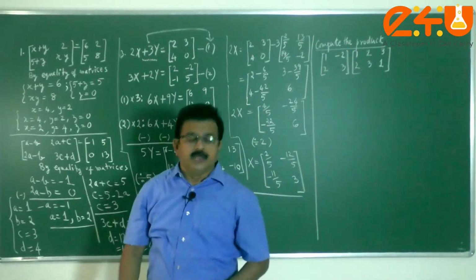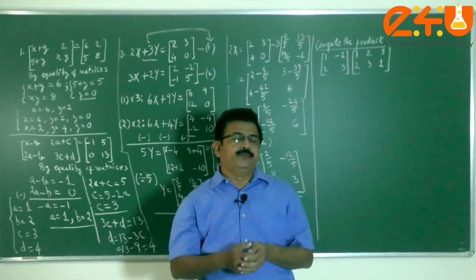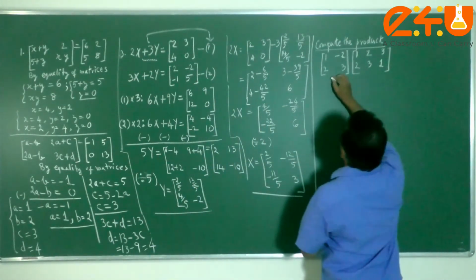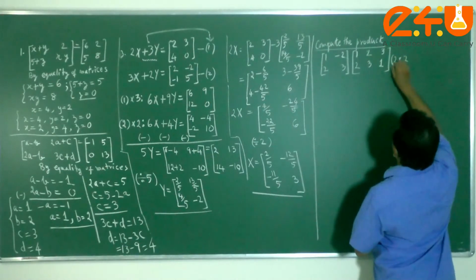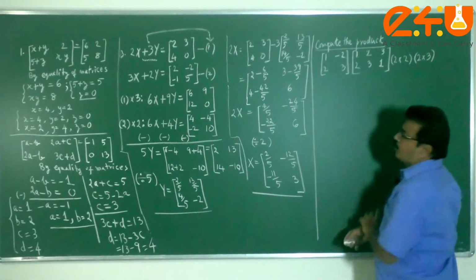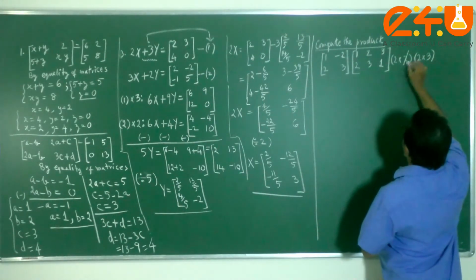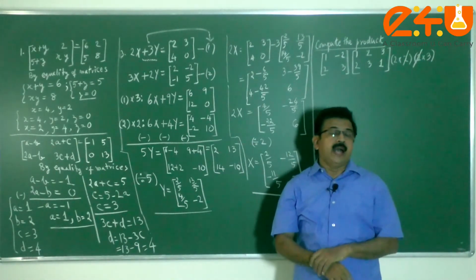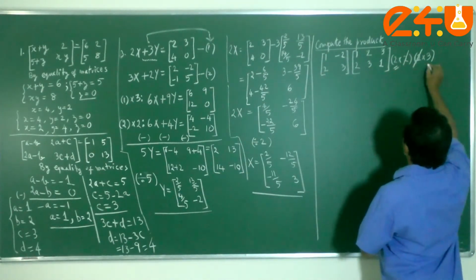So first thing is, I want students to understand the product, how it is defined. The product exists if I call this as A matrix and B matrix, the first matrix A is a 2 by 2 matrix. The second matrix B happens to be 2 rows and 3 columns, so you call it 2 by 3. And the number of columns in the first matrix is identical to the number of rows in the second matrix. Kindly strike them off. After striking them off, you are getting the order of the product matrix.